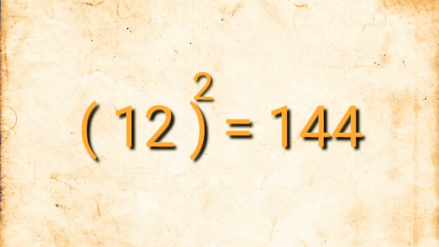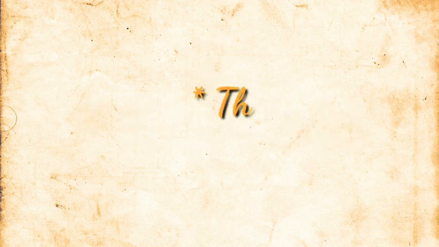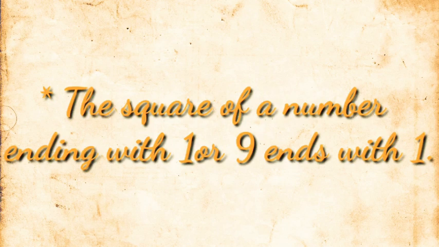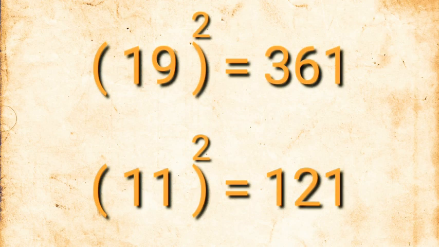Odd का स्क्वायर करोगे आंसर odd, even का स्क्वायर करोगे आंसर even। Similarly, the next property, that is the square of a number ending with 1 and 9 ends with 1. कोई भी नंबर है जो एंड कर रहा है 9 या 1 के साथ, जब आप उस नंबर का स्क्वायर करोगे तो आपके पास आंसर क्या आएगा, जो उसका लास्ट डिजिट भी क्या होगा, 1 होगा। जैसे 19 का स्क्वायर